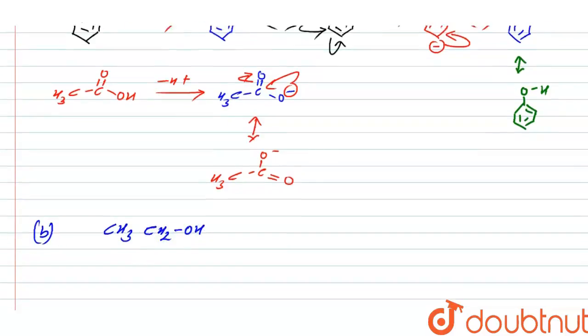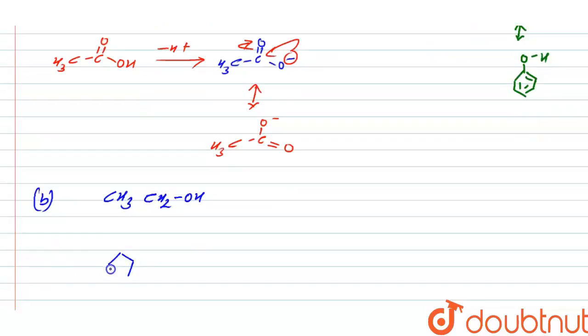called ethanol. And phenol is something like this, and here we will have OH. So as we know that for acidity we have to remove H plus ion. So here we will get C2H5O negative, and here we will get phenoxide ion, like here we will have this one, and here a negative